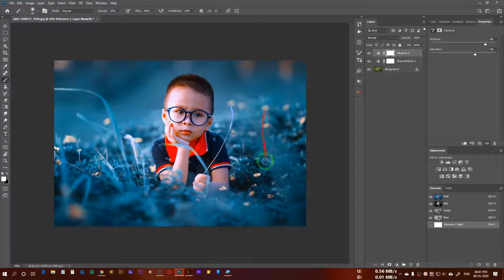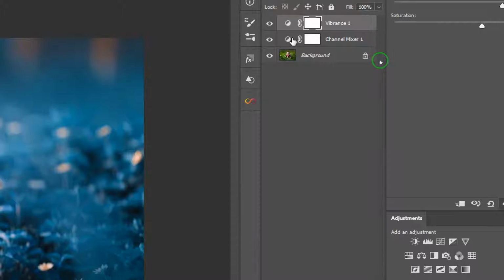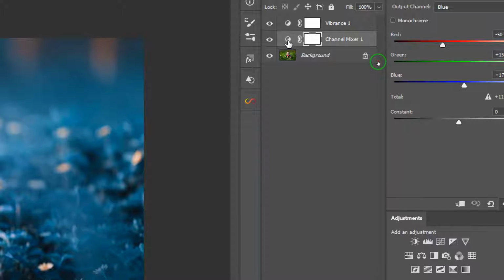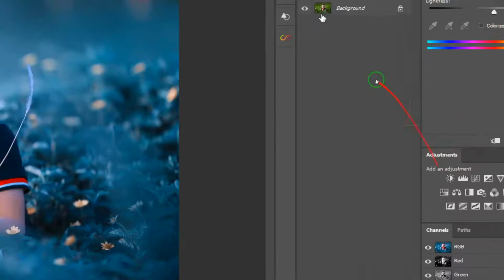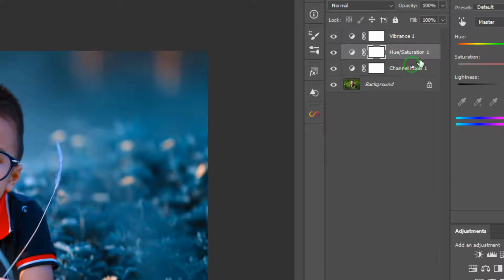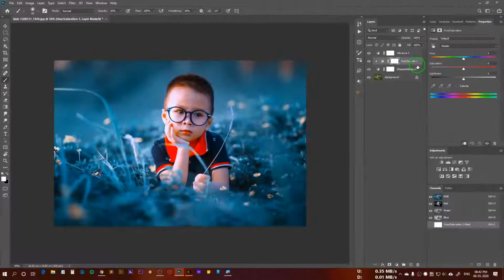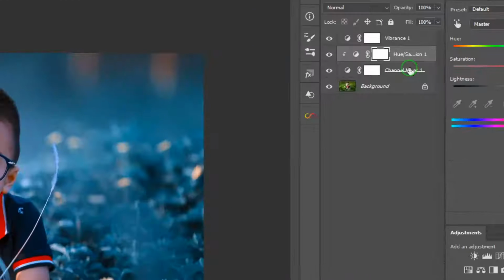And suppose if you want to change this color to something else, you have to again select this channel mixer adjustment layer, and then go to the adjustment layers and click this hue and saturation adjustment layer, and then clip it to the underlying layer. For that purpose you can press Alt or Option and click on these two bit lines, or you can simply press the keyboard shortcut Control Alt G or Command Option G, and that would clip it to the underlying layer, and that is the channel mixer, right?